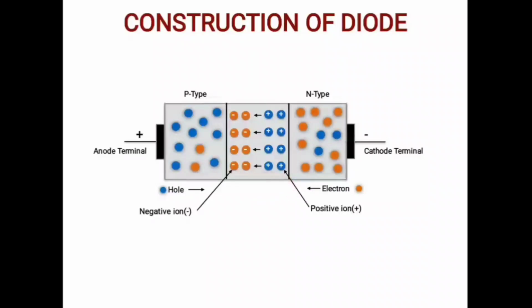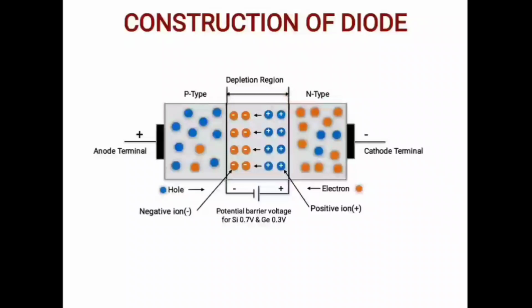the junction. These accumulated opposite charges form an electric field at the junction and prevent further flow of majority charge carriers on both sides. For a silicon diode, this barrier potential voltage is 0.7 volt and for a germanium diode it is 0.3 volt. This region is also known as the depletion region. It has a physical thickness that varies with the applied voltage.